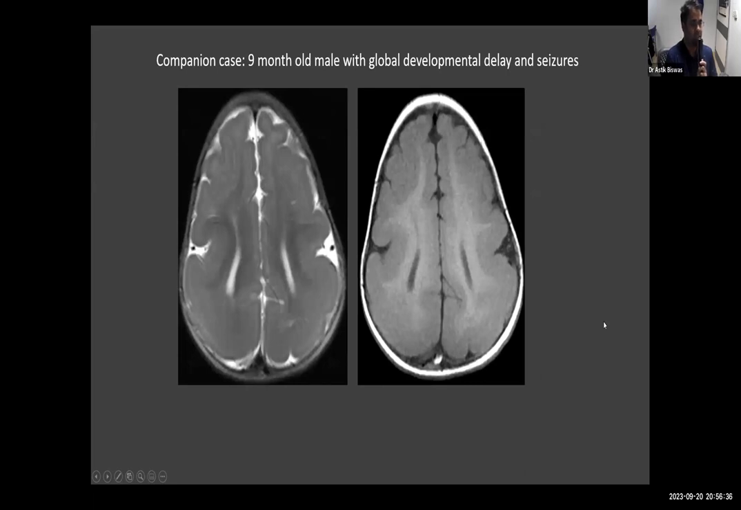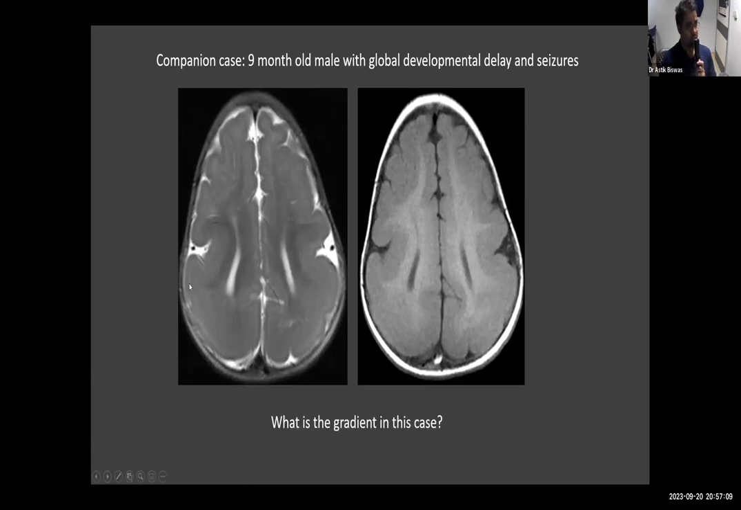Another companion case, 9-month-old male, this time with developmental delay and seizures. So do you see any gradient here? Take a few seconds. Again, yes, there is a gradient, but this is a reverse of what we saw before. There is some sulcation anteriorly, and then as we go posteriorly, the cortex becomes a lot smoother and thicker as well. The other important thing to note here is that